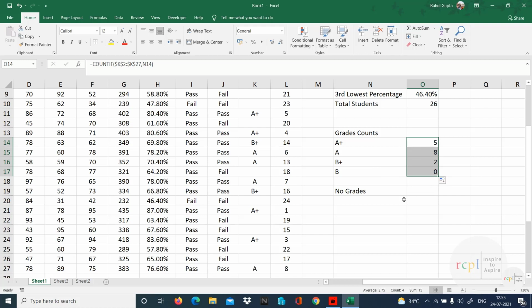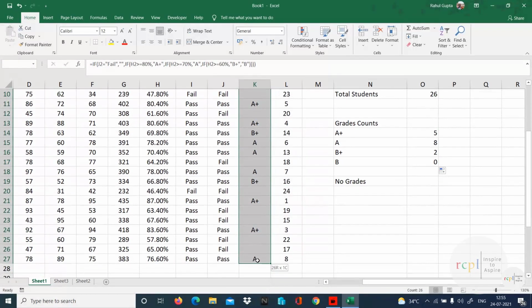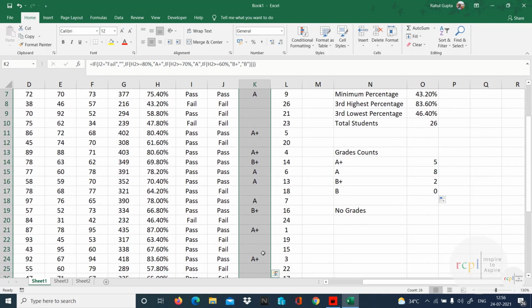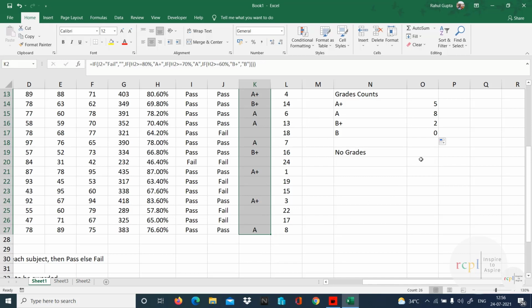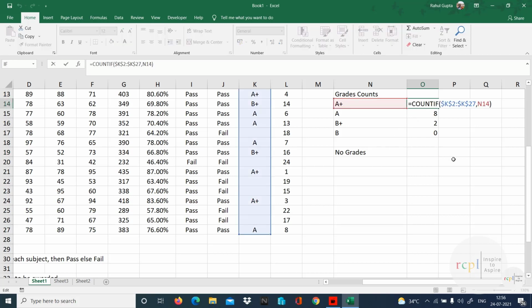So that's my count. So a total of 15 students have passed. If I check over here that students have got grades, I can see at the bottom it says count 26 because it's also counting the blank ones. But if you see, 1, 2, 3, 4, 5, 6, 7, 8, 9, 10, 11 are blank. It means 15 are passed. Right? So this is how we can calculate with the help of the COUNTIF function.